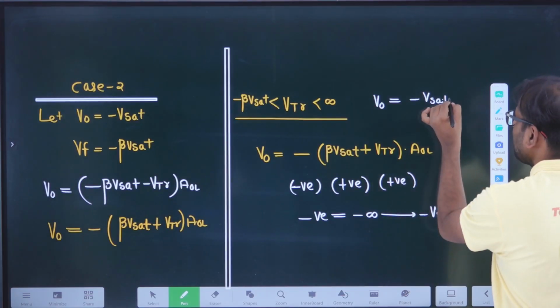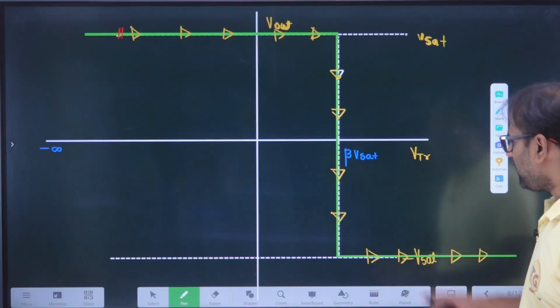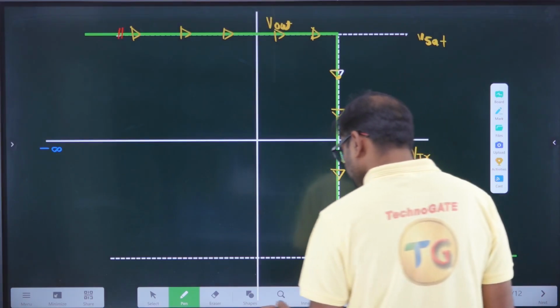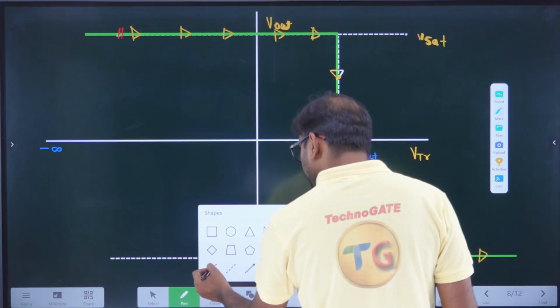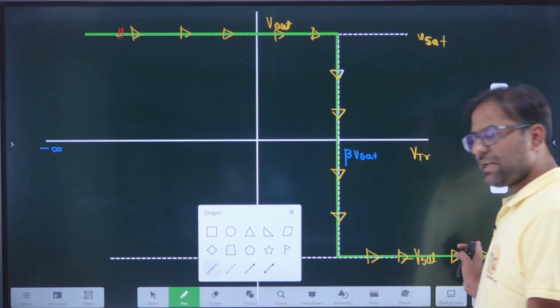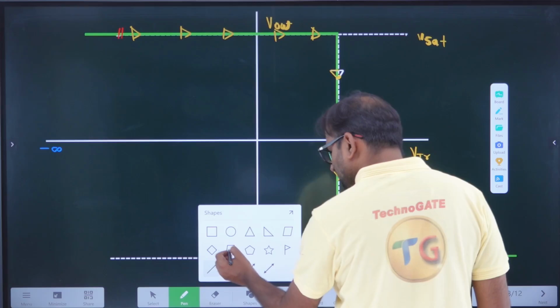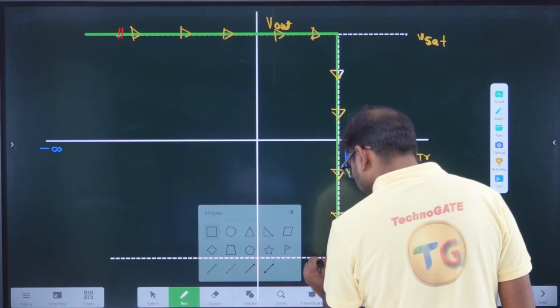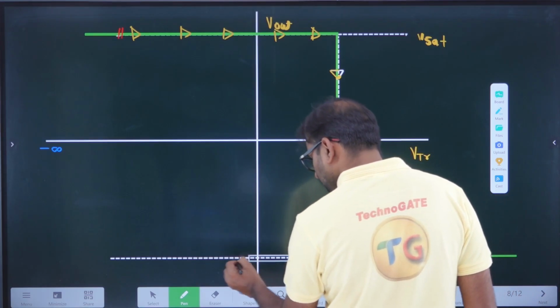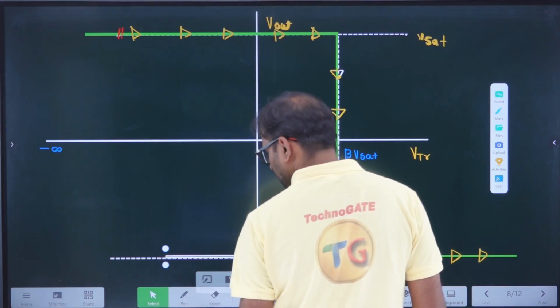So let's draw this information on the transfer characteristics. So here we are having transfer characteristics. So can I say from infinite, here we are having infinite. So from infinite to minus beta into V saturation, we will stay at this point. So can I say, let's say this point represents,